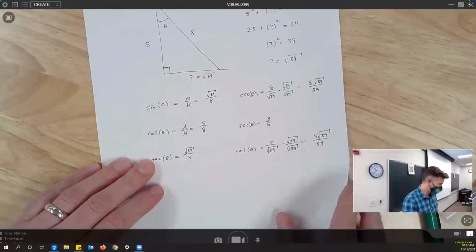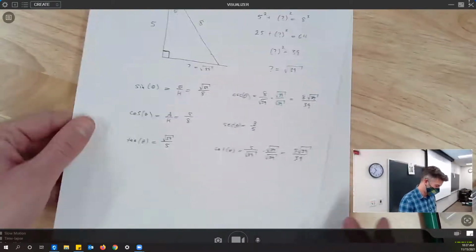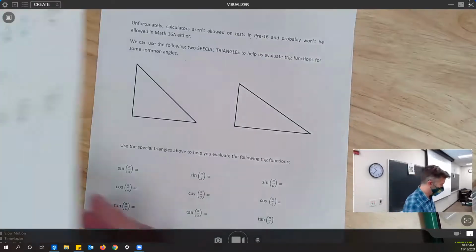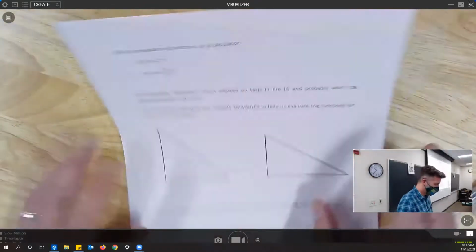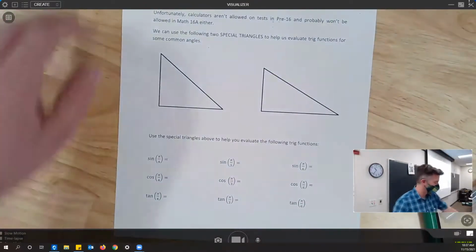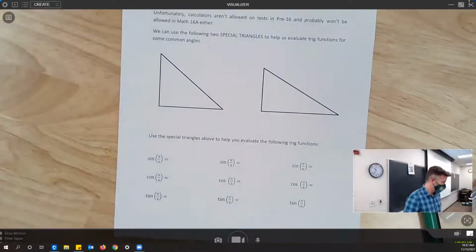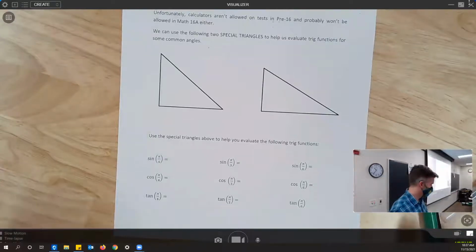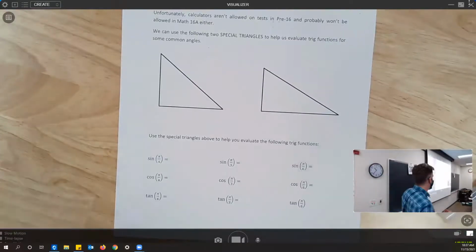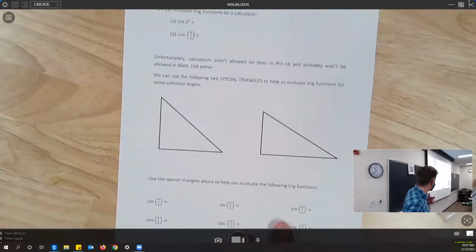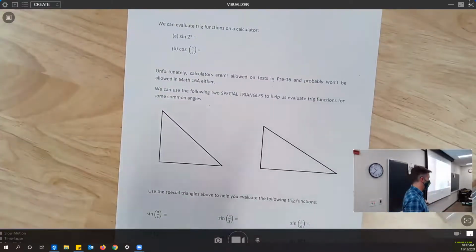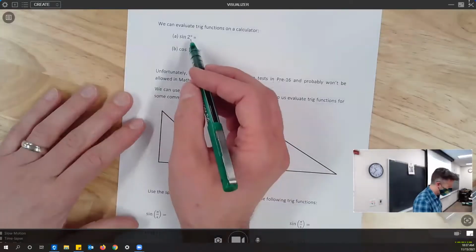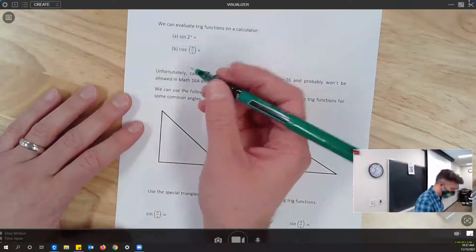All right, let's look at this third page here. Oh yeah, so sometimes you might use a calculator to evaluate trig functions. Sine of 2 degrees. The thing I want to emphasize about using a calculator to find sine or cosine or tangent or anything is you have to make sure you're in the right mode. And if it says sine of 2 degrees, make sure you're in degrees, plug it in, you're going to get about